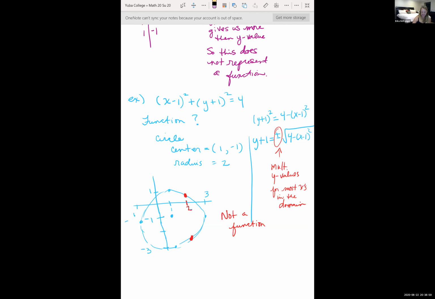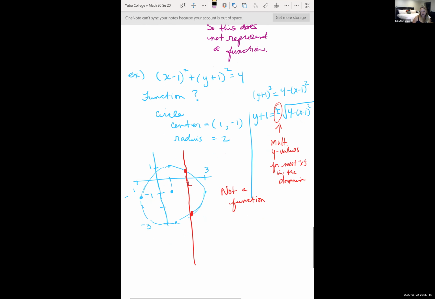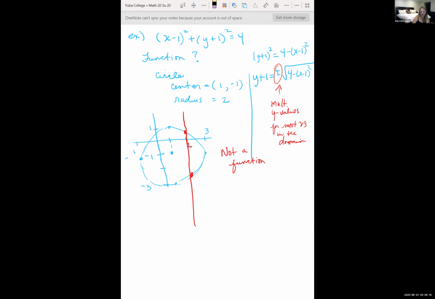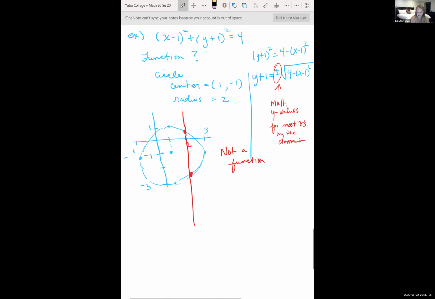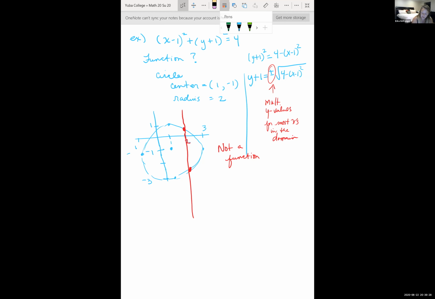So that actually brings us to a rule. Notice if I draw a vertical line through those 2 points that I had found at x equals 2, if you can look at a graph and draw a vertical line through that graph and that vertical line intersects the graph more than once, then it is not a function. And that is called the vertical line test. So vertical line test